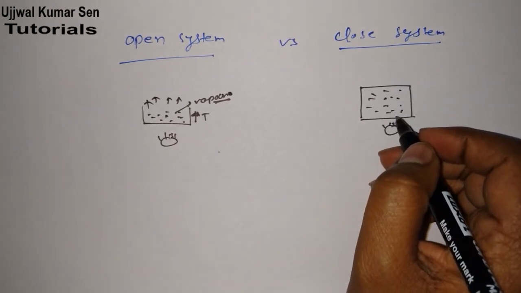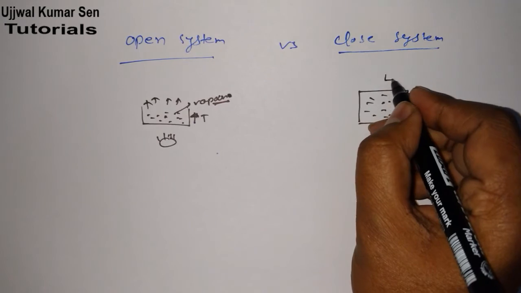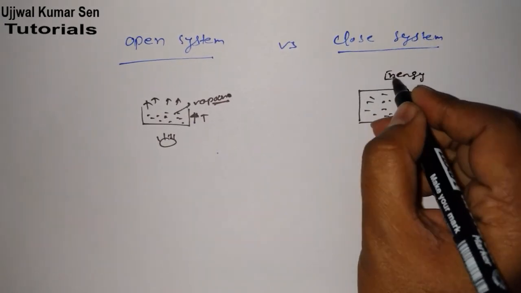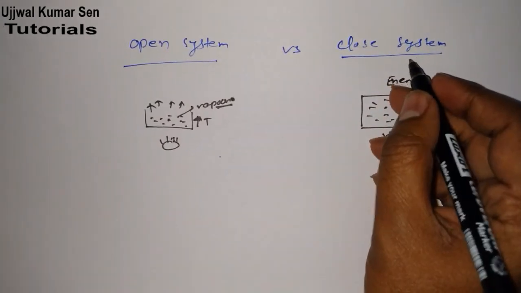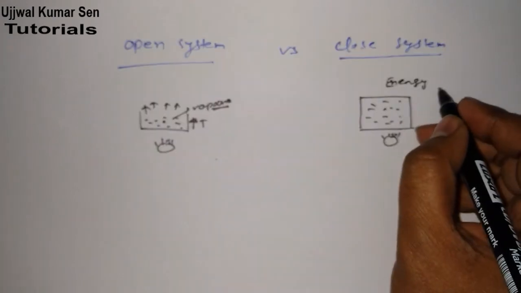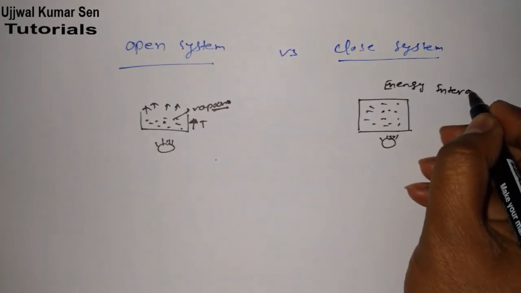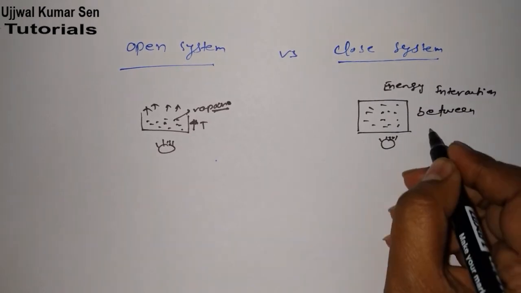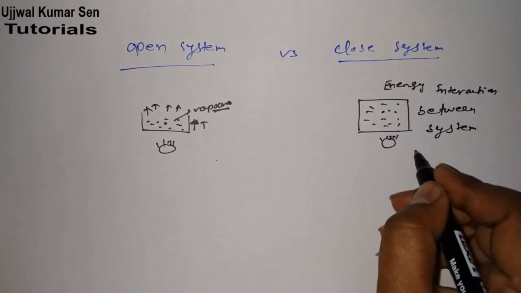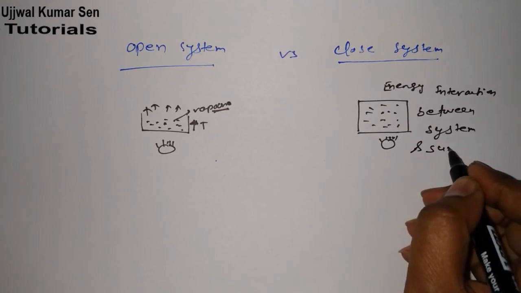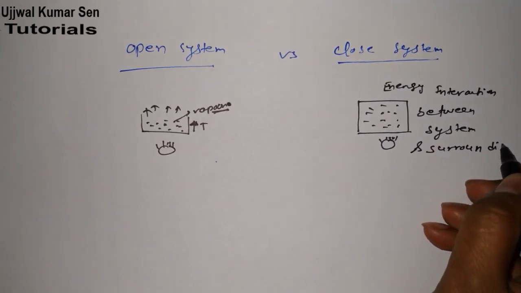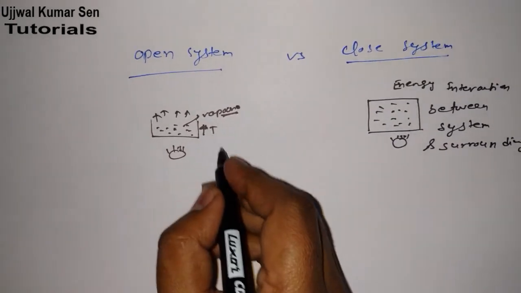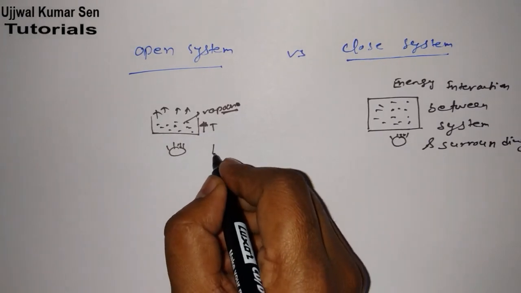So there is only interaction in energy here. That means only heat energy can go outside through this. That is known as a closed system: only energy interaction between system and surrounding. But in case of open system, both energy